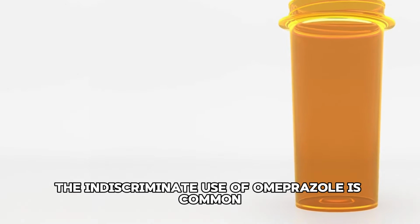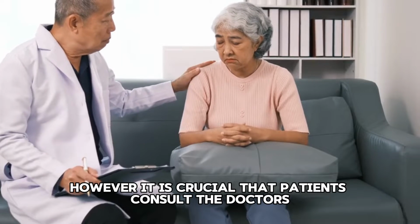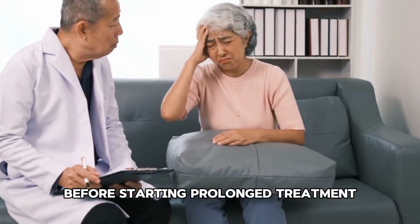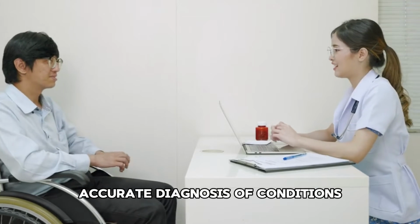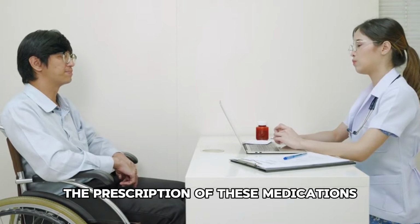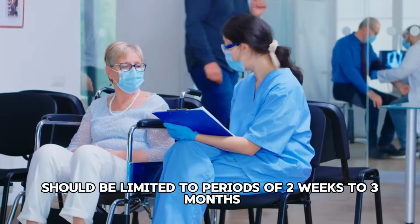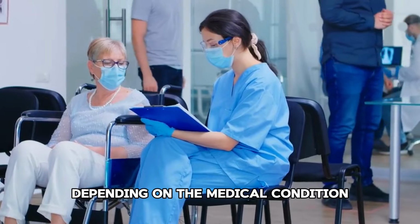The indiscriminate use of omeprazole is common due to its availability without a prescription. However, it is crucial that patients consult their doctors before starting prolonged treatment with PPIs. Accurate diagnosis of conditions like gastritis or ulcers should precede the prescription of these medications. Generally, PPI treatment should be limited to periods of 2 weeks to 3 months, depending on the medical condition and